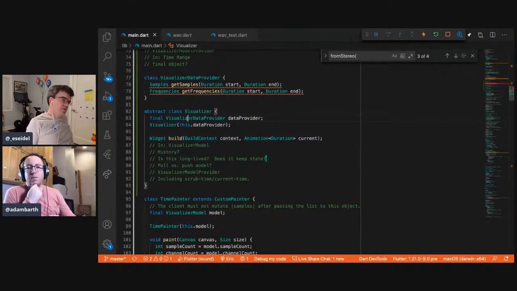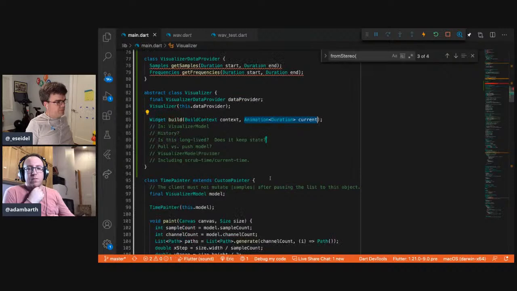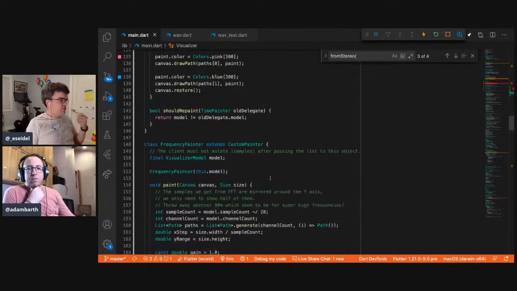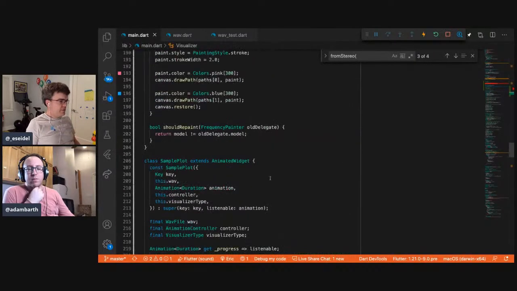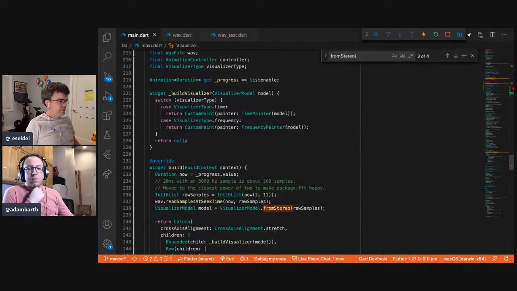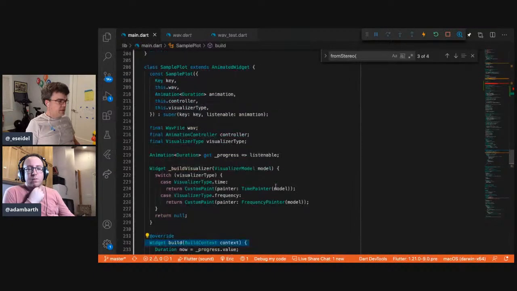Should this thing just be a widget that... Well, I don't know how you deal with the animation then. How do you pass in the animation? Like build doesn't normally take extra parameters, I guess is what I'm saying. Or you normally just have the build context.